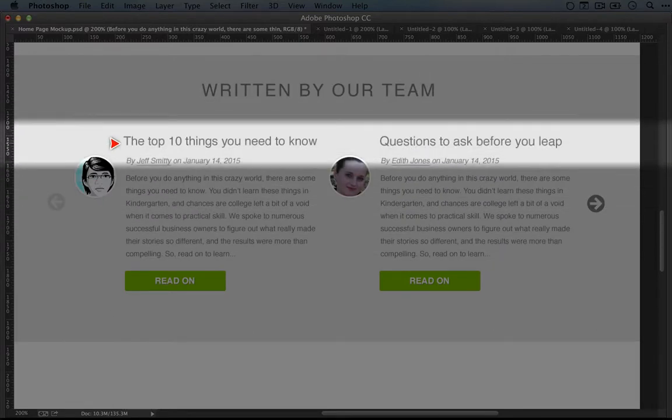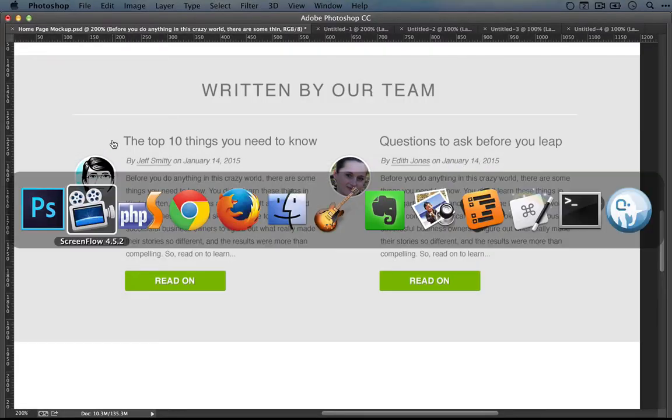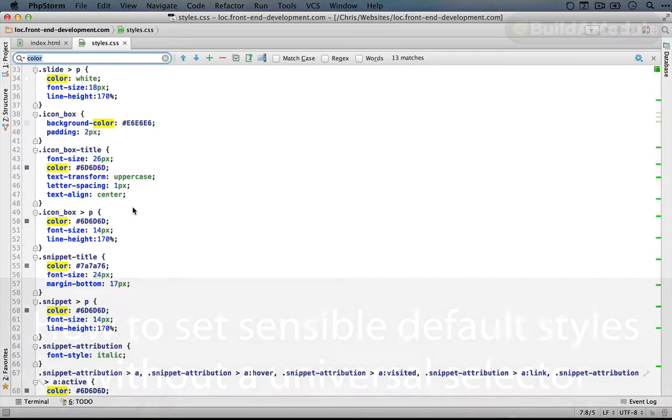I know from experience that sometimes designers are picking colors in Photoshop by eyeballing it or by using the color picker tool. And sometimes they'll end up with slight variations of a color, even though they really intended it to be the same. So what I'm going to assume here is that the intention is to use the same gray throughout. That will make the design more visually cohesive, and it will also make it easier for us to maintain from the front-end developer perspective down the road. So let's switch that gray color over. I'm going to go back to our editor,